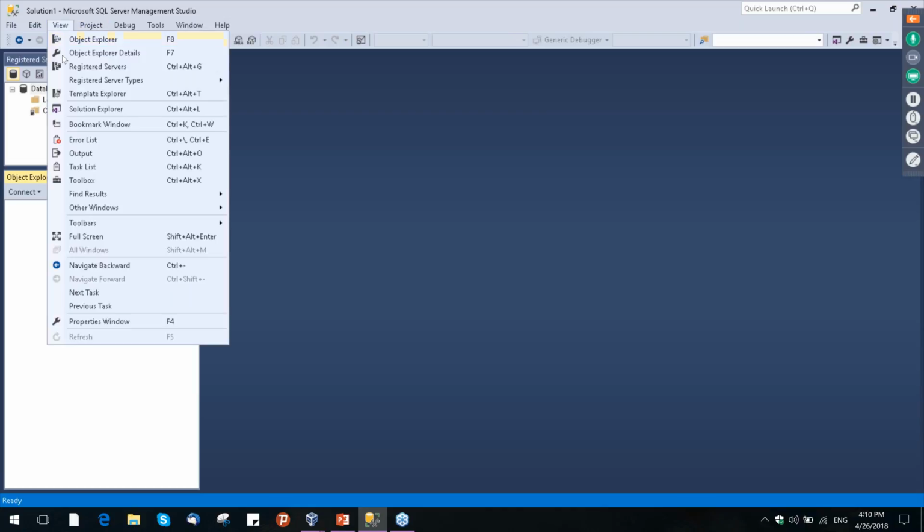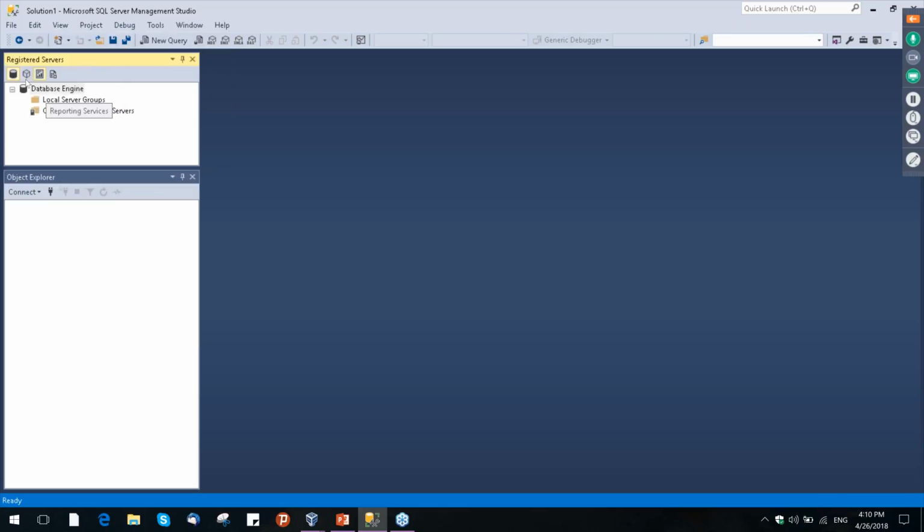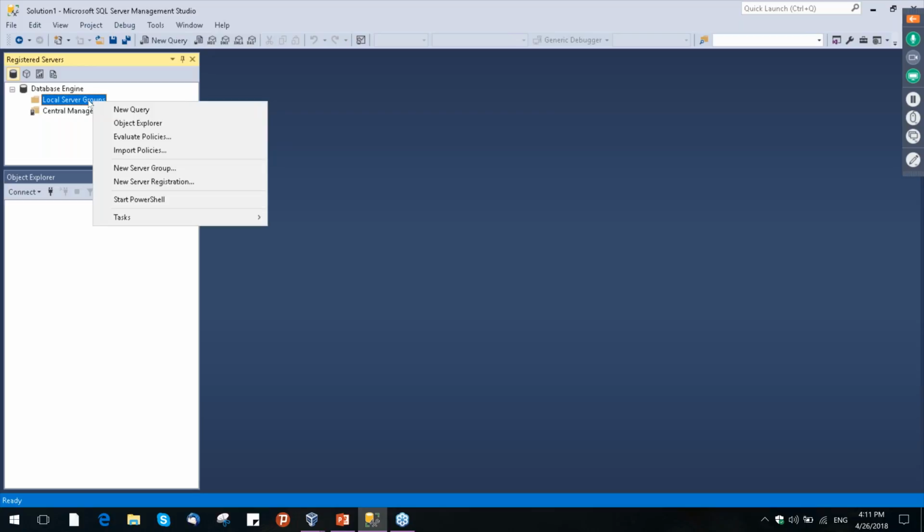How to bring this up? You just need to click on View, then click on Registered Servers. Then this panel will appear. You can even register database engine, analysis services, reporting, and integration services as well. Today we are just talking about the database engine. If your SQL Servers are under the same domain, you can use central management servers, create the central management server, then group it. But right now I didn't install or configure Active Directory, and I didn't set up the domain controller, so I'm going to use local server groups, as they are not under the same domain. I just create a new group, let's say